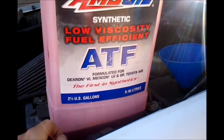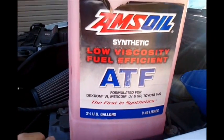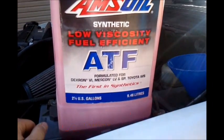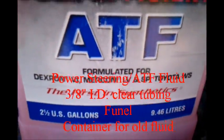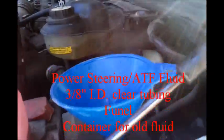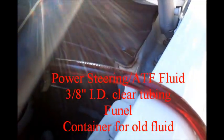And once again, to recap, double check with your model of your truck, but this particular vehicle takes automatic transmission fluid, and I used Amsoil ATF. It's a replacement for the Mercon. You need a funnel for the reservoir, 3/8 inch diameter tubing,